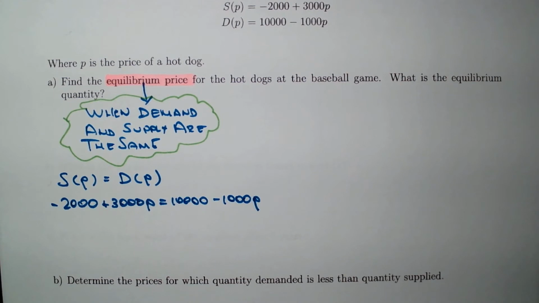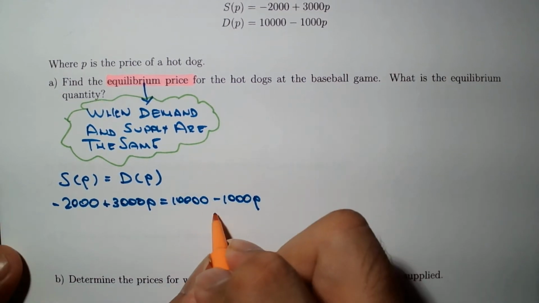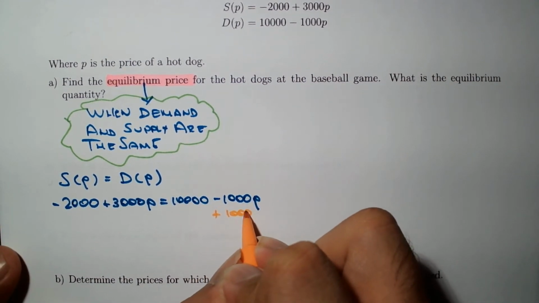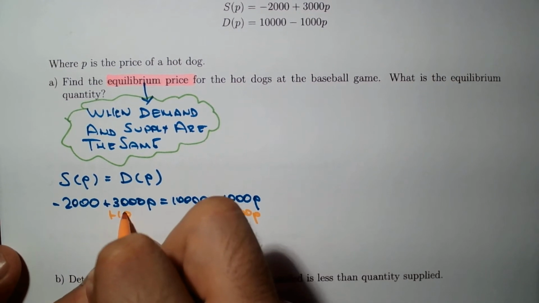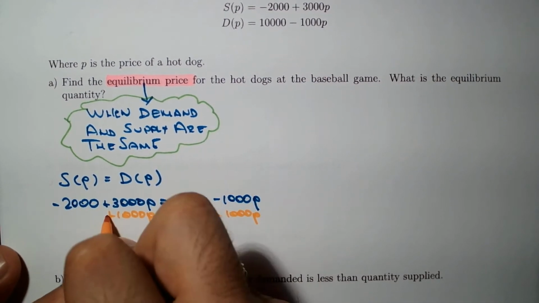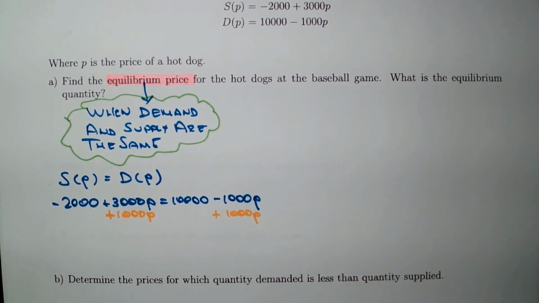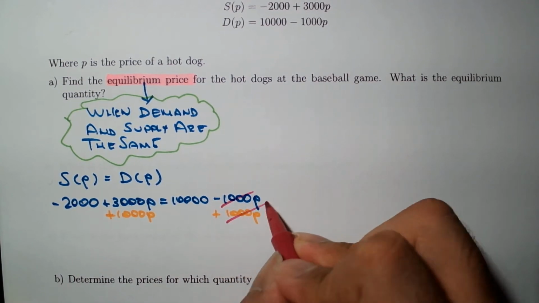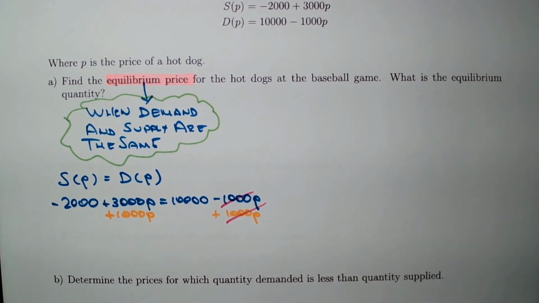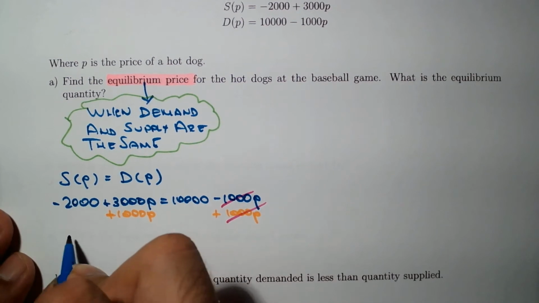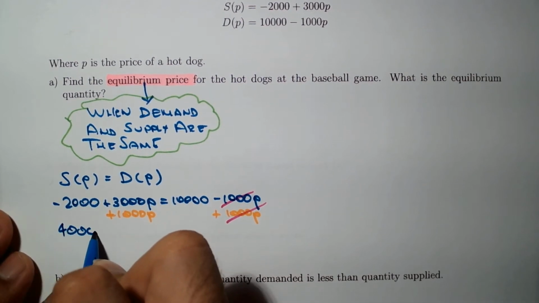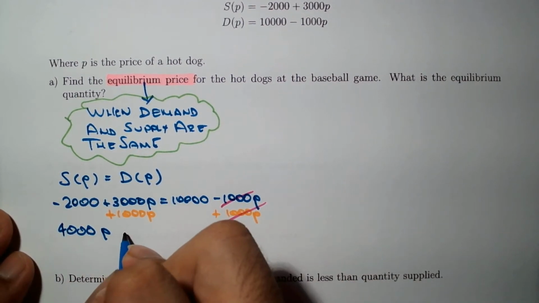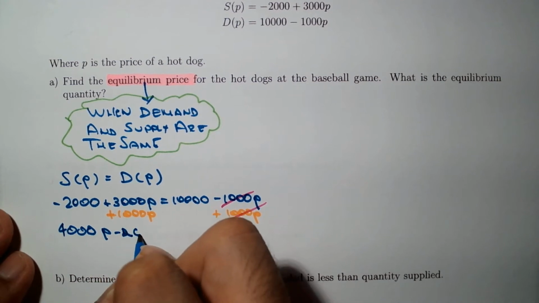To do that, I'm going to add 1,000 P to both sides, which is going to cancel these two guys over here. And adding this up together, we get 4,000 P minus 2,000